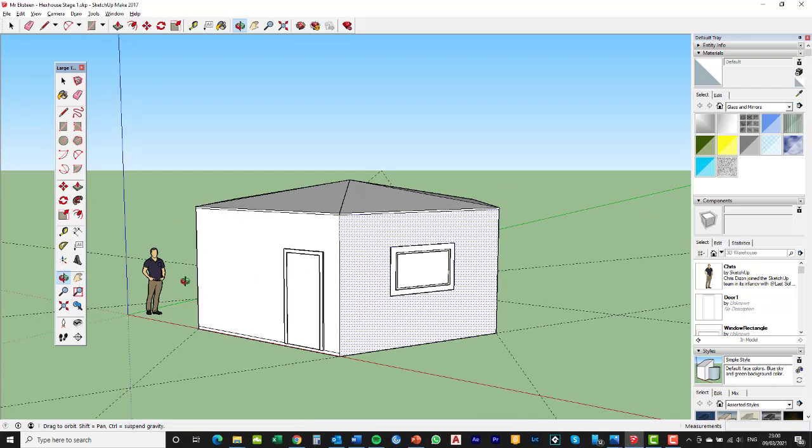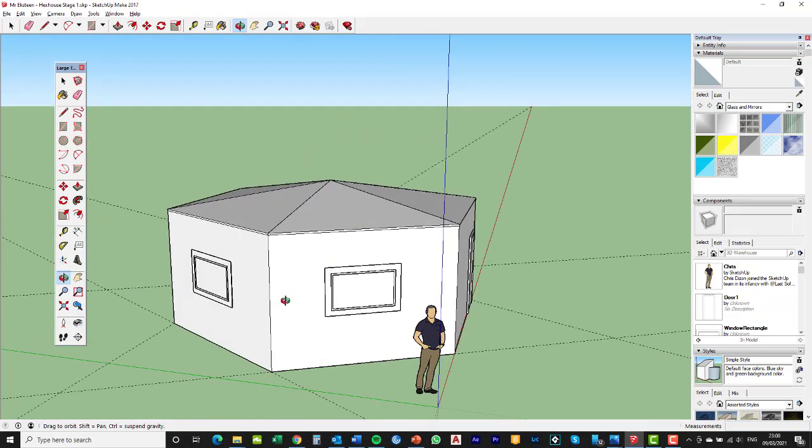So can you just add your windows to it? No need to add color, and just save your